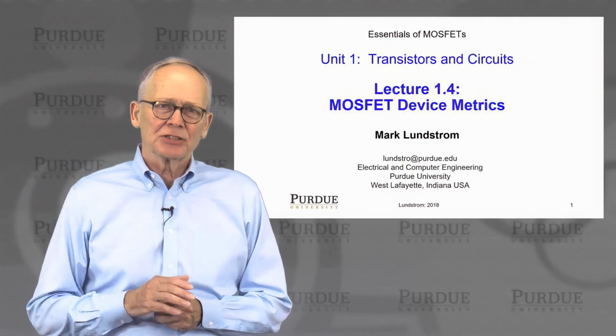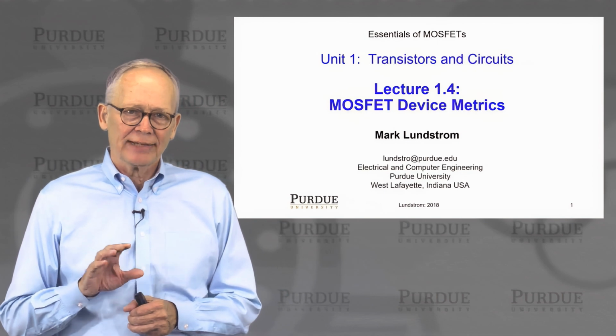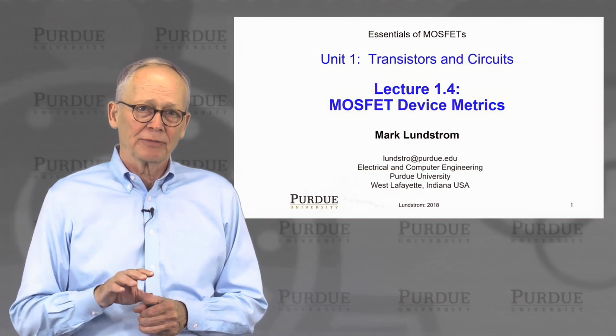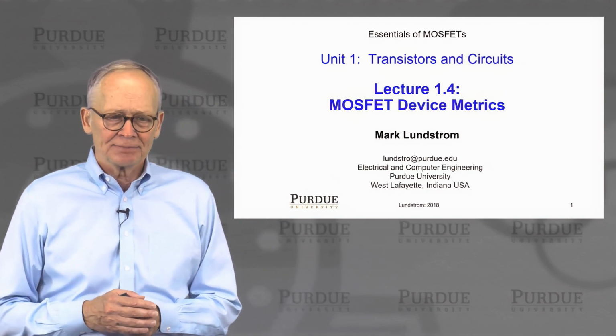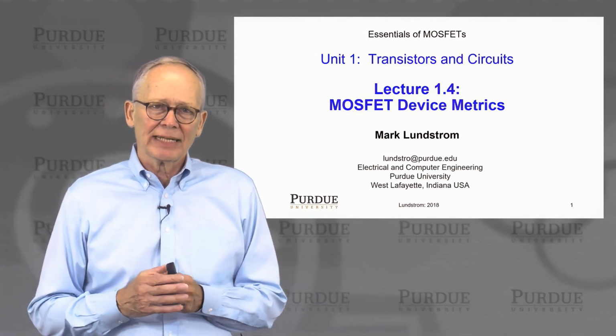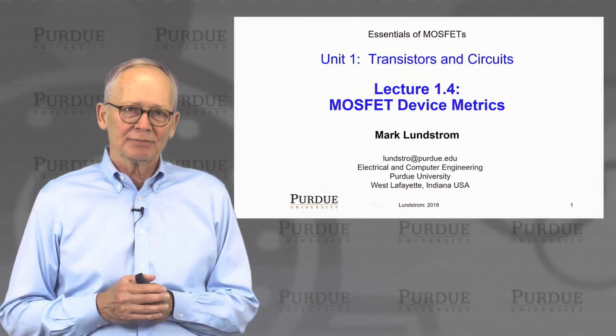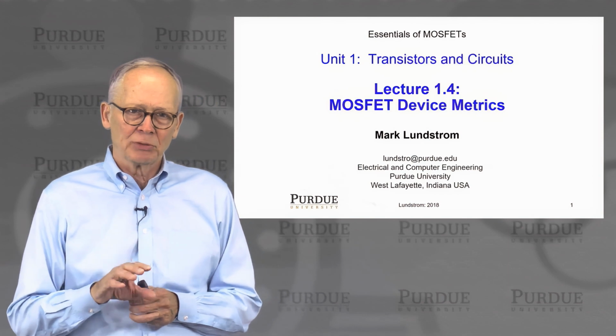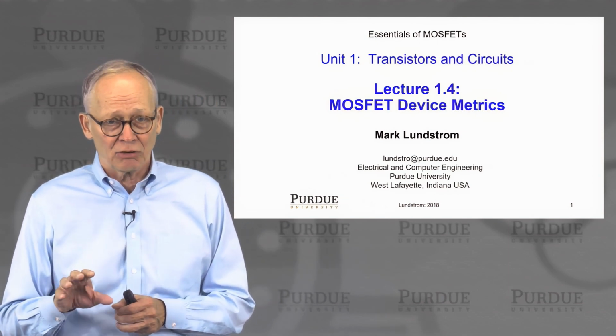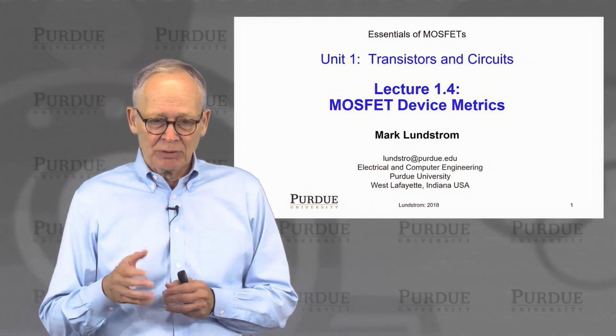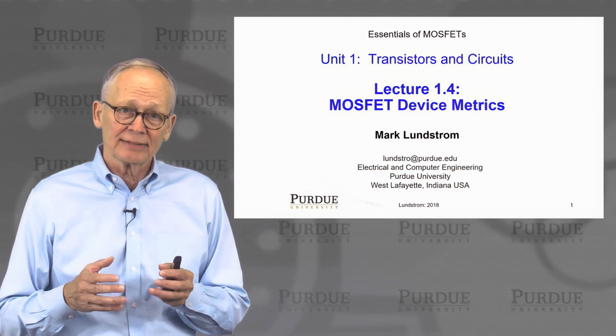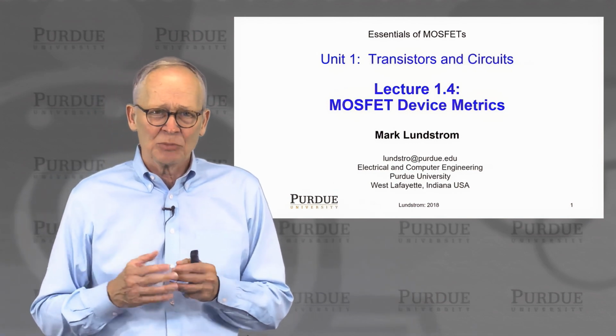In the last two lectures, we learned a little bit about digital and analog circuits and what was important for the operation of those circuits. In this lecture, I'll summarize the key device metrics that we use to assess the potential performance of a transistor in a digital or analog circuit. We will review some of the concepts we discussed in the previous two lectures and add one or two metrics